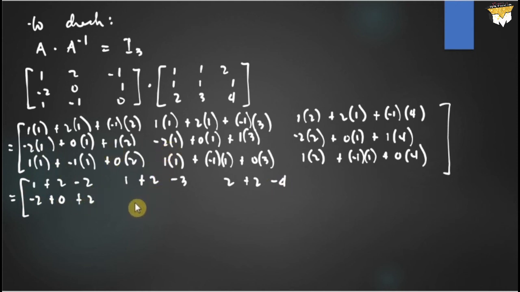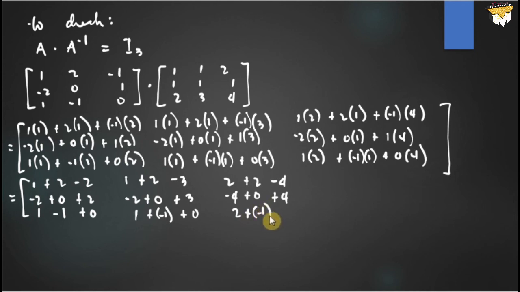Then we have negative 2 plus 0 plus 3. Then negative 4 plus 0 plus 4. And we have 1 minus 1 plus 0. Then 1 plus negative 1 plus 0. Then 2 plus negative 1 plus 4. Okay, so this means we have